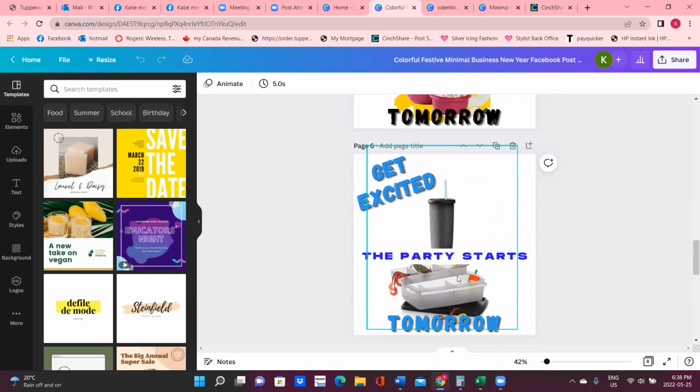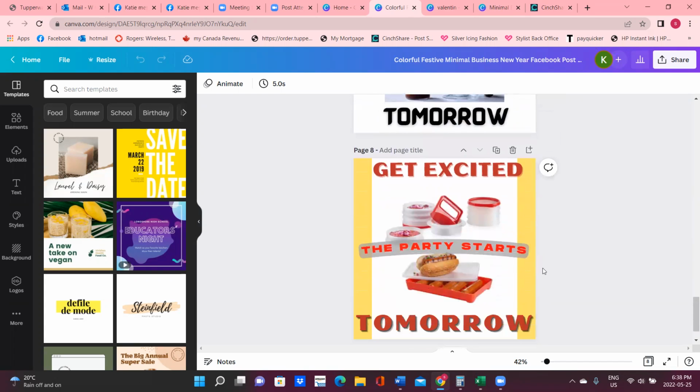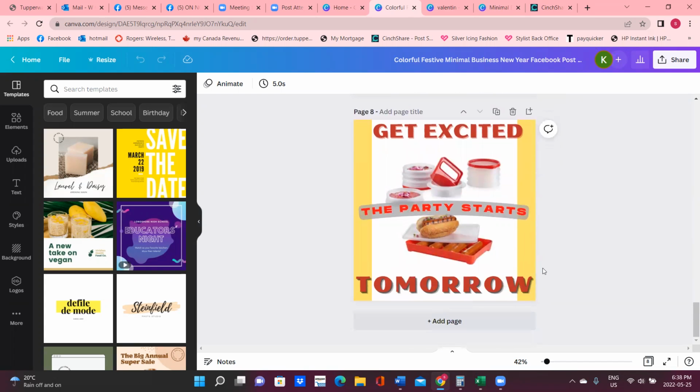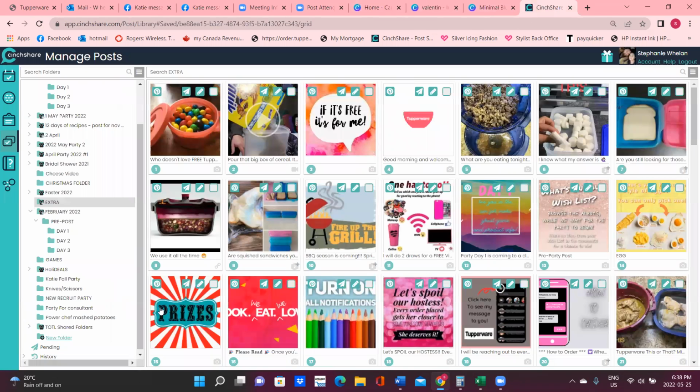When we had the cup, and there was the new one, there's another new one. So we just try and use different ones to change things up for a party. I think it's good to leave your variety open and get different ones. So yeah, I keep an extra folder in here to have extras and